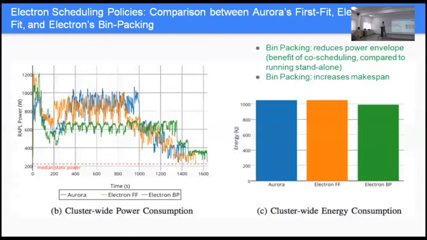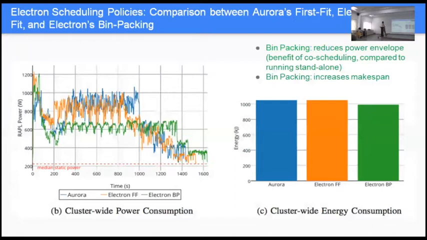So essentially what I want to show is bin packing reduces the power envelope. The green out here is bin packing. So what you want to see is that we can actually bin pack and say that we want to put as many as we can based on the power profile before it exceeds the TDP. So we know that an application will take, say, 50, and some of the applications will take 50. We know the combination is going to take less than that, and the manufacturer says you should not breach, say, 120 or 100. So we know how many we can bin pack. So we keep trying to push into the same bin, which is a node here, and we see that we can control the power here.